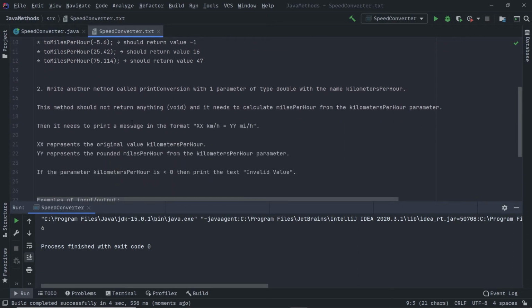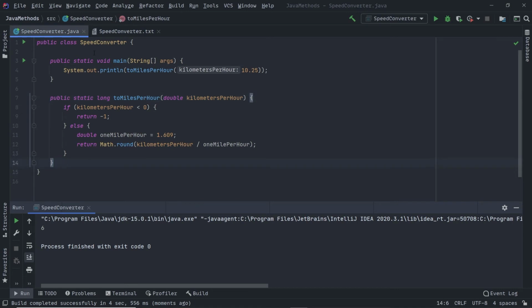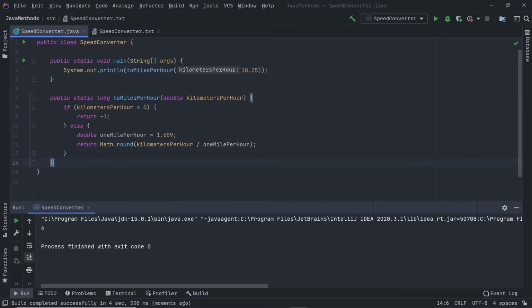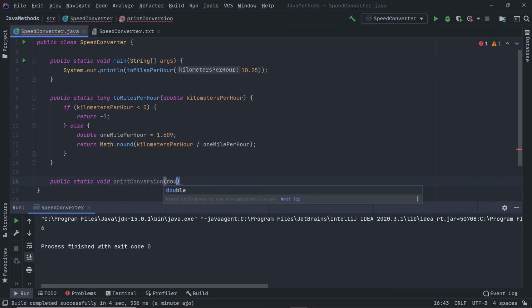Now the second condition is write another method called printConversion with one parameter of type double named kilometersPerHour. So now let's proceed and create another method called printConversion. The printConversion method does not return anything. We did not ask to return anything in here. So create a method public static void printConversion, and it will take a double value of kilometersPerHour.